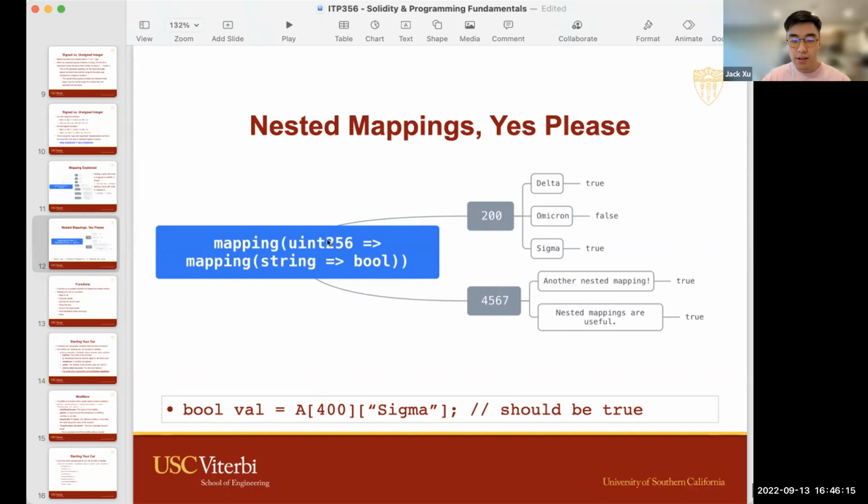Okay, so technically, you have 2 to the 256 minus 1 possible keys here. All right, and each key corresponds to a mapping. So we actually have 2 to the 256 minus 1 number of string to bool mappings within this outer mapping. It's just that the question isn't if they exist. It's whether we've modified it so that the value is different from the default value. So you kind of have to get used to the idea of everything existing. They're just the default value instead of a null pointer or null or something.